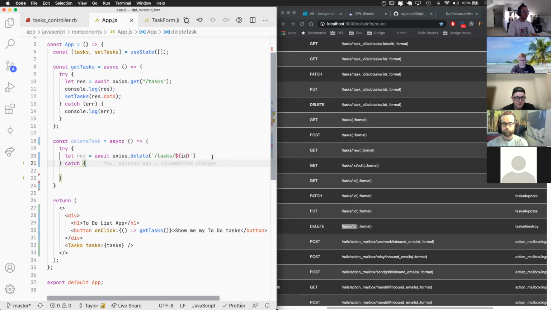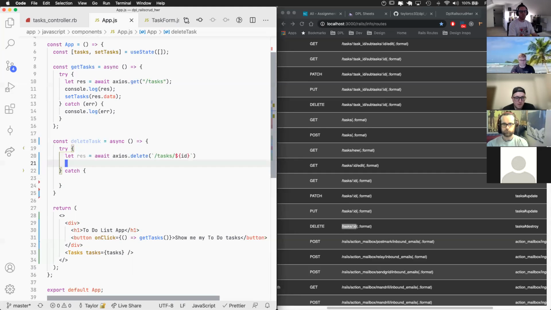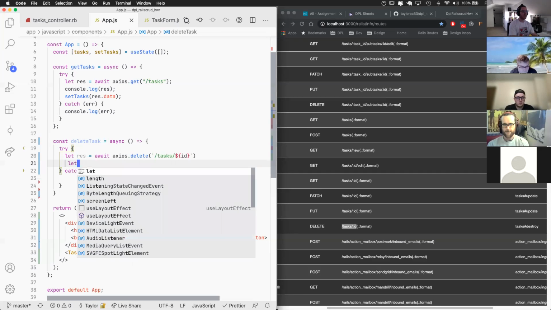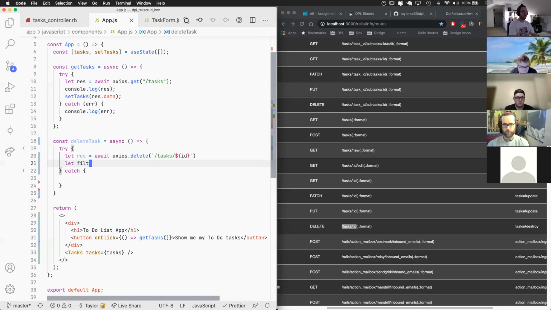Then after that, we want to also update our state so that it not only deletes it from our backend inside of our database, but it also deletes it in our state, so that it disappears from rendering or showing up on our web page. To do that, we're going to do a filter function. I'm going to create a new variable called let filteredTask equal